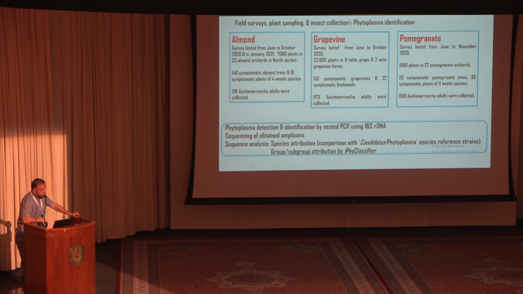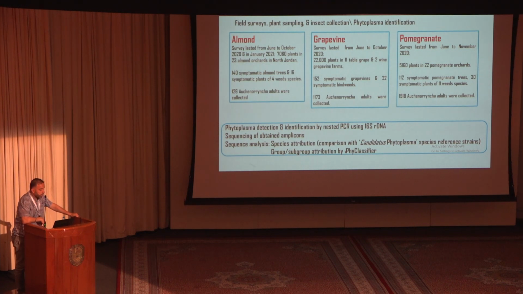Back to the methodology. With almonds, more than 7,000 plants in 23 almond orchards in northern Jordan were surveyed from June to October in 2020 and in January 2021. Around 140 symptomatic almond trees and 16 symptomatic plants of weed species were sampled, and we collected around 126